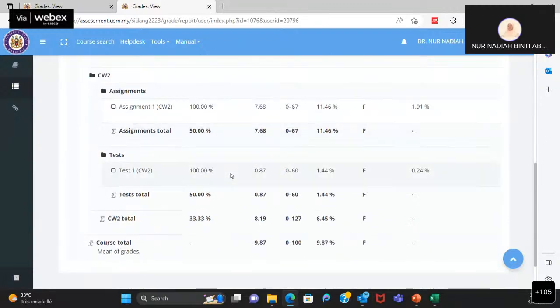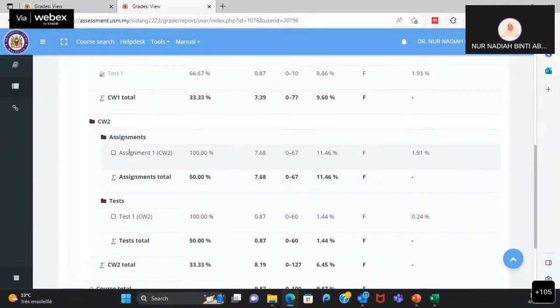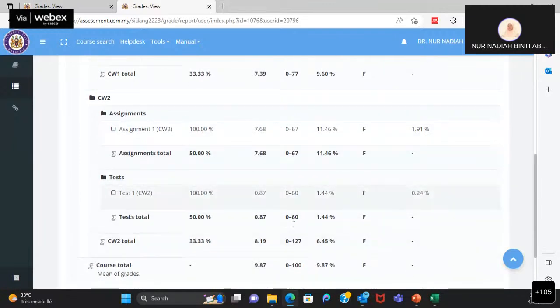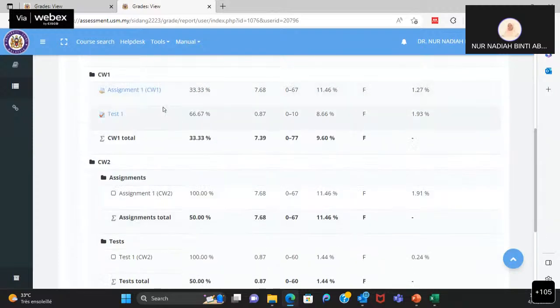Here, we also have F, but this is calculated differently, according to the folders. So 50% from assignments, 50% from tests. So since the numbers are different,